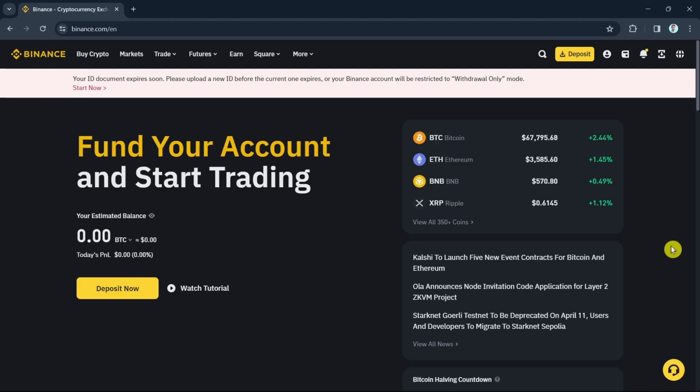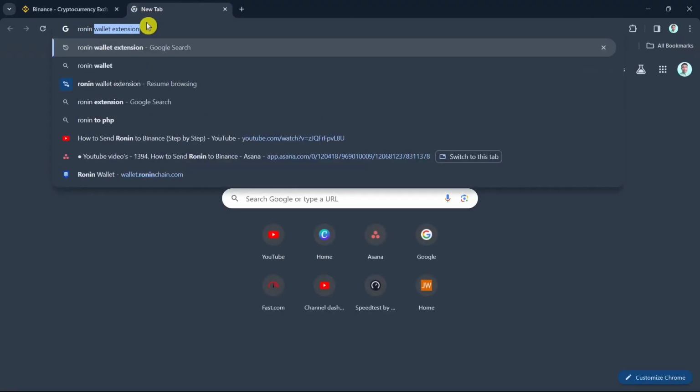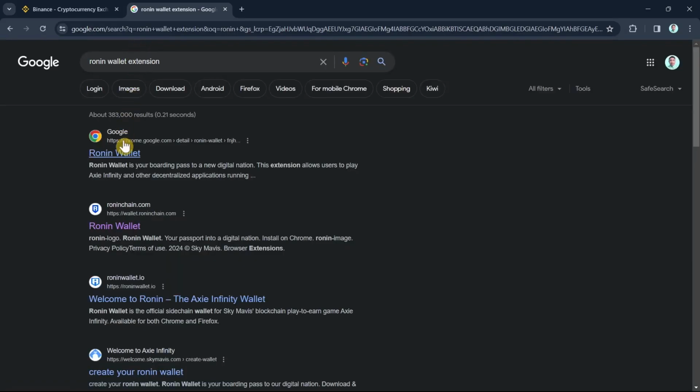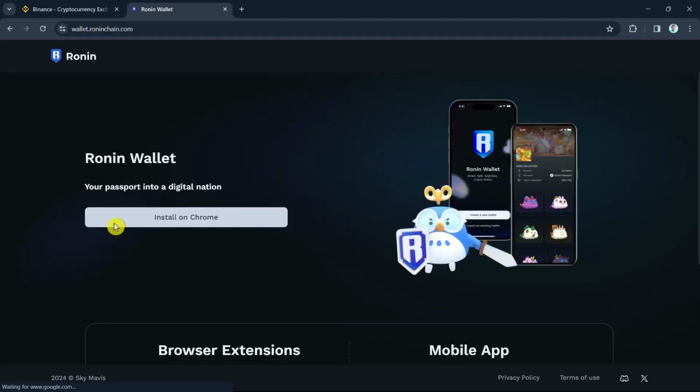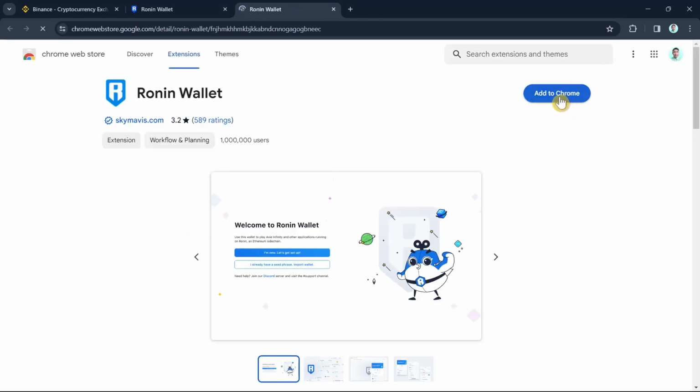First, we need to install the Ronin extension on your Chrome. Go and click on Add New tab right here and then search for Ronin Wallet extension. Go to the official website of Ronin Wallet and then click on the Install on Chrome button. Once you click on that, you will find a button which says Add to Chrome, and then click Add Extension. Here you just need to wait for a few seconds until you're done installing the Ronin Wallet extension